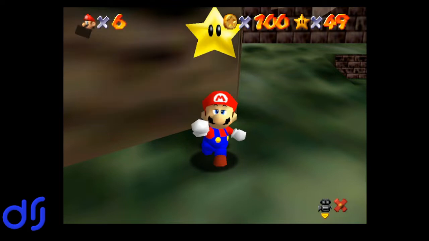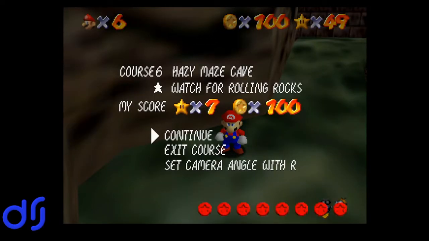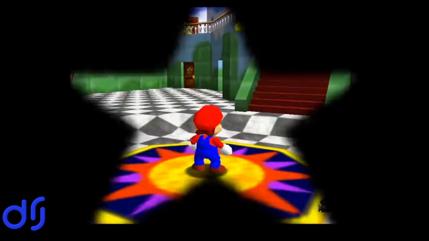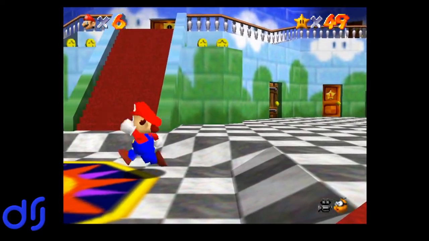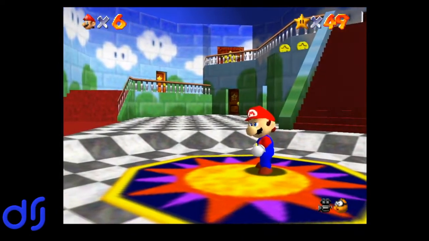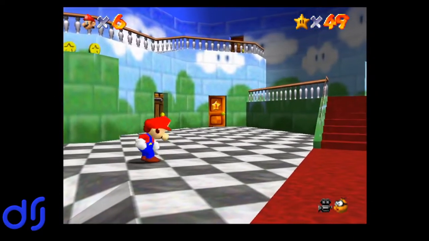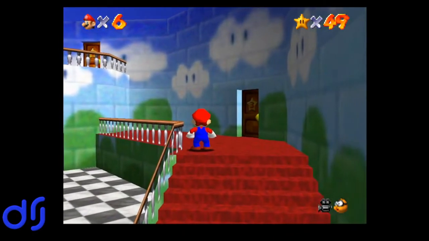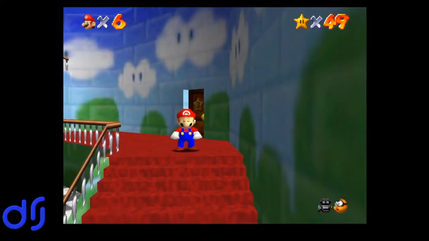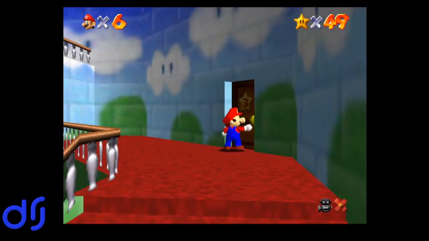Whew, okay. So yeah, I'm sure it's possible to get that 100 coin star faster than I did it. But I doubt there's any way to do it super fast. It just takes a while and is kind of tedious. It's still not as bad as the very first course star, though, the Bob-omb Battlefield, where in order to get 100 coins, you have to use the wing cap with the awful flying physics. That one is still worse. Anyway,